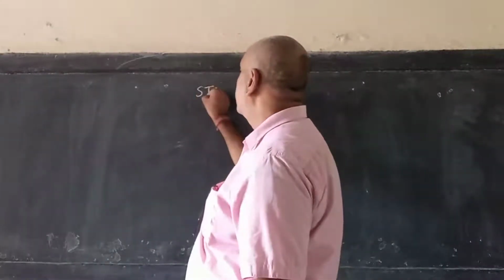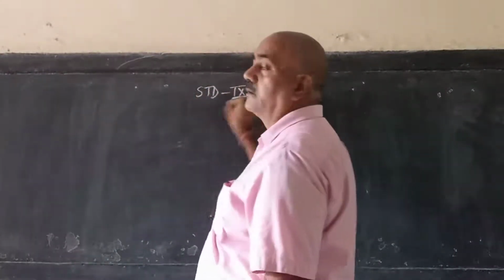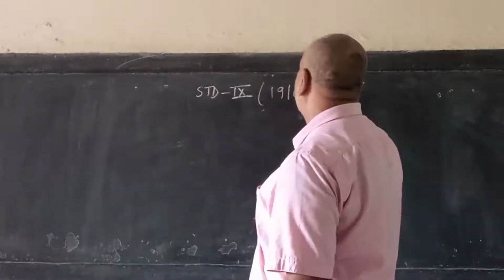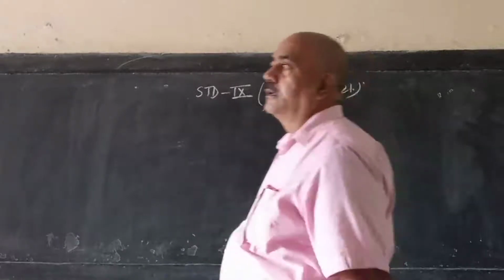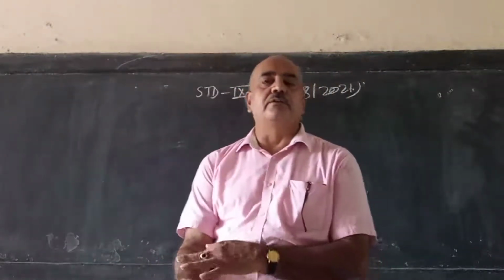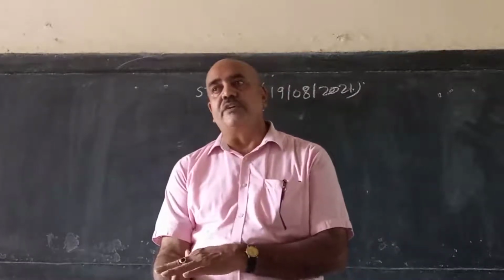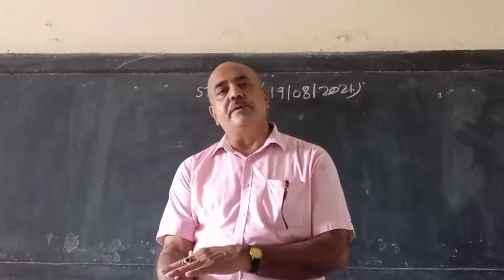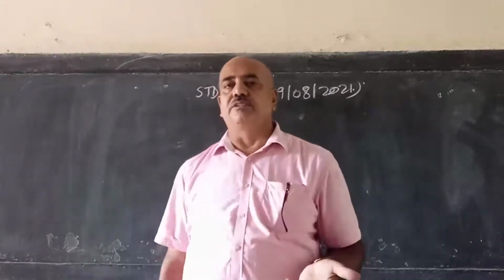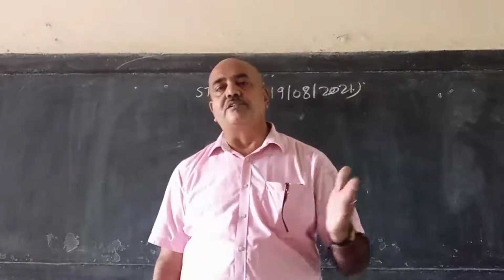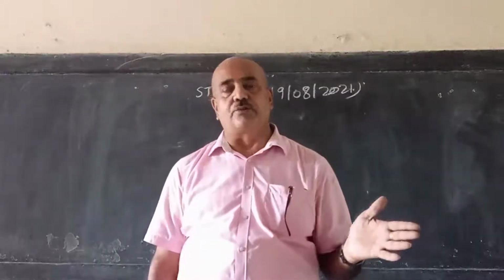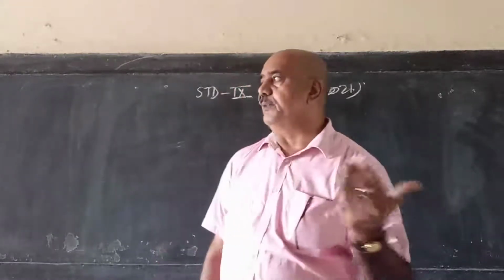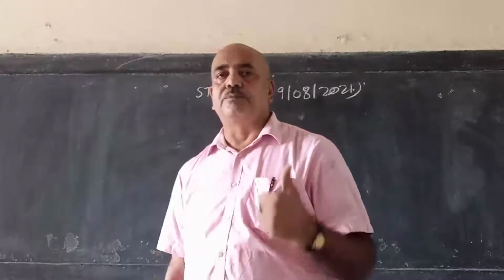Today, new chapter, expansion, chapter 4. Right. What is this chapter? This chapter is not new for you. You have studied it in 7 and 8 also. The same formula you have to use here. No different formula to solve the questions. The formulas are (a plus b) whole square and (a minus b) whole square. These are the formulas you have studied in the previous classes also. The same formulas you have to use here also to solve this chapter 4.